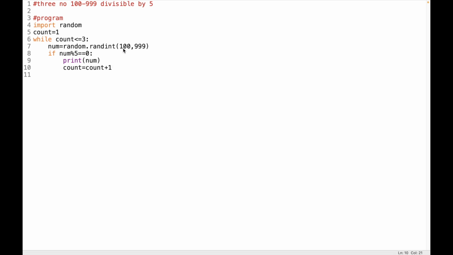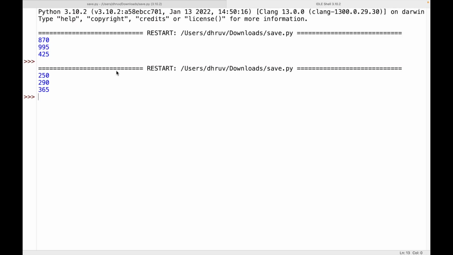So let's say a number is generated between 100 and 999, which is 104, which is not divisible by 5. Then the count does not increase, so it repeats again. That is where the count comes in handy. So let's see how this works. We can see 3 numbers, 870, 995, and 425, and the next 3 numbers are 250,